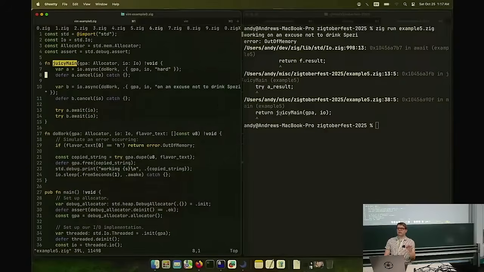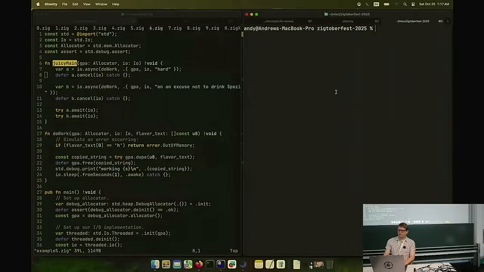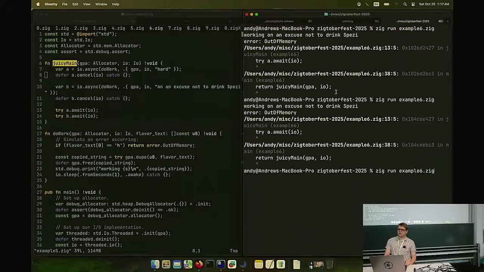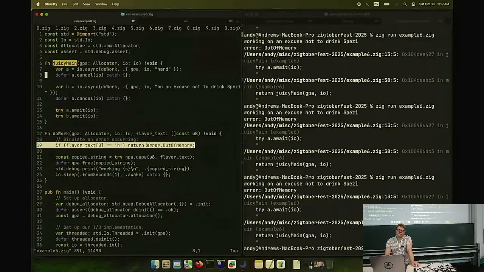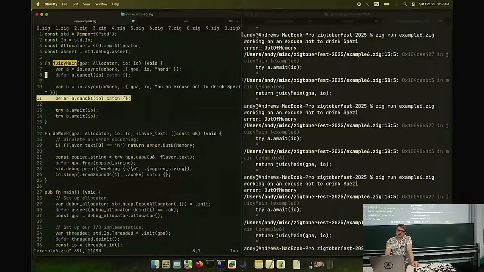And not only do we prevent the bug, we also get more optimal code because look at how fast it executes now. It's instant because the moment that this one returns an error, this try returns. Because this try returns, we run over these cancels, and the one that's still waiting gets canceled. So the cancel is your best friend because it's going to prevent you from leaking the resource, and it's going to make your code run more optimally. And one more thing before I call out,